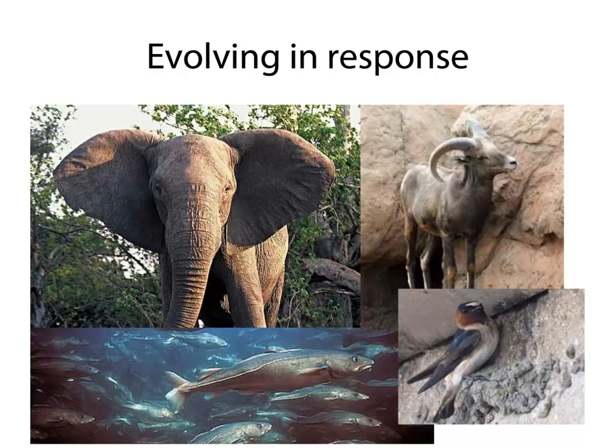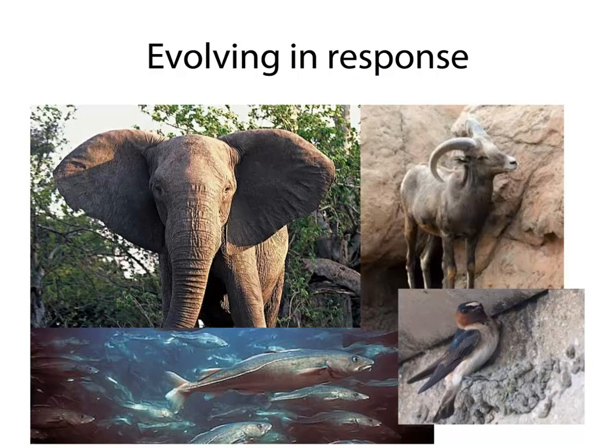Bighorn sheep are also hunted for their horns. They're being born now with smaller horns. Okay, fish: many of the fish, there's the problem of overfishing, and so there's a size limit. What's really interesting about this is it used to be that fish had to get really big before they could reproduce, but now they can reproduce at smaller sizes, which is kind of what saves them, because if they get caught in the nets, they have to be let go. So if they can reproduce at that time, then hey, they do really well. Isn't nature great? I mean, how cool is that?